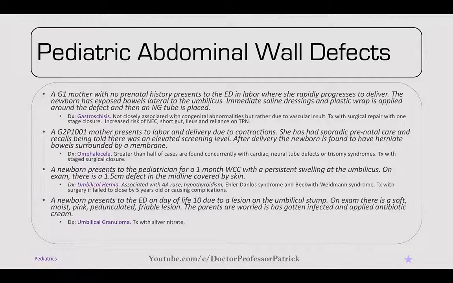Next case, we've got a newborn presenting to the pediatrician for a 1-month well child check. There's a persistent swelling at the umbilicus, and on exam there is a 1.5 centimeter defect in the midline that's covered by skin. And this is going to be an umbilical hernia. It's associated with African Americans, hypothyroidism, Ehlers-Danlos syndrome, and Beckwith-Wiedemann syndrome. And the treatment here is going to be surgery if it fails to close by 5 years,